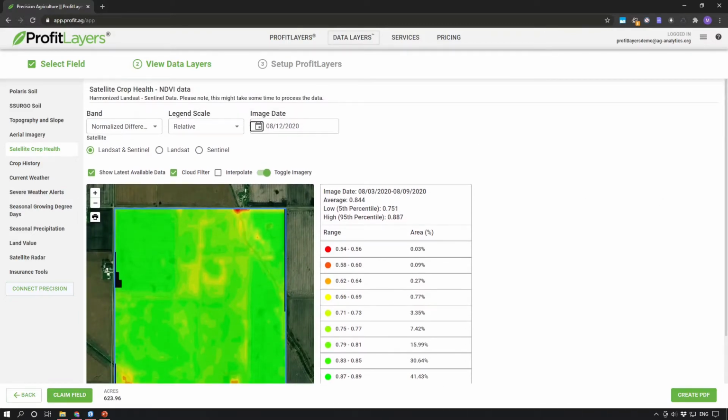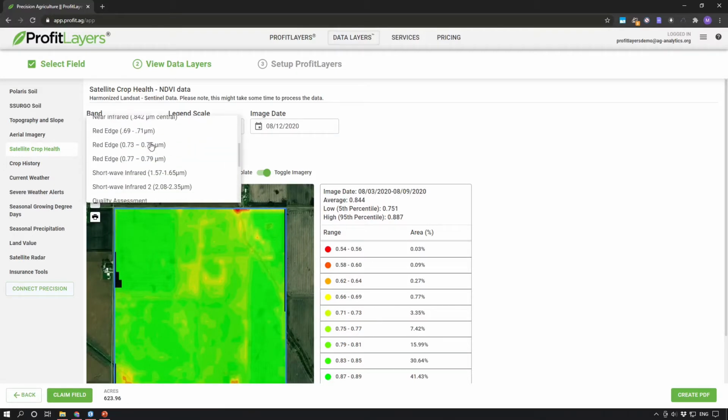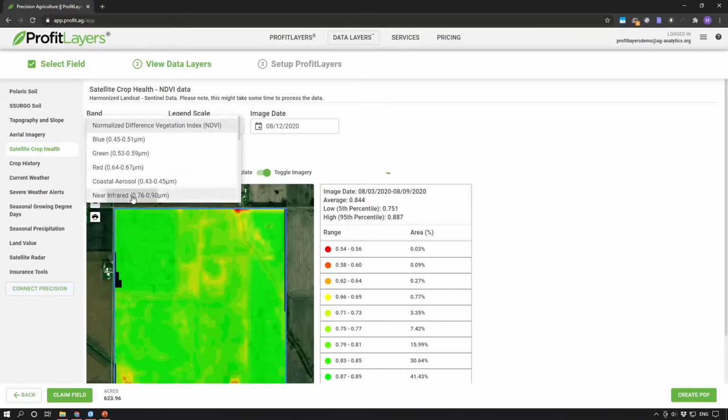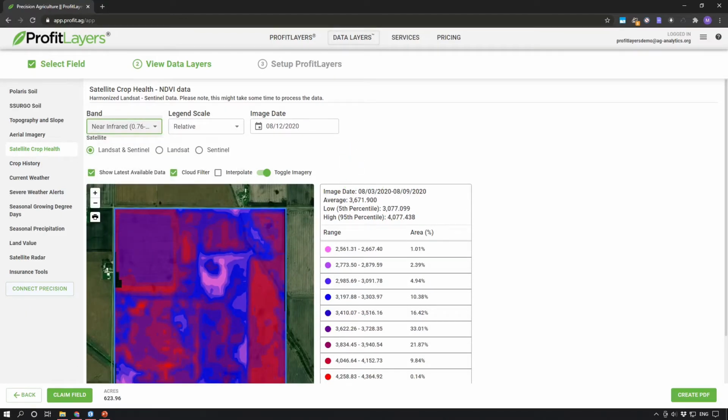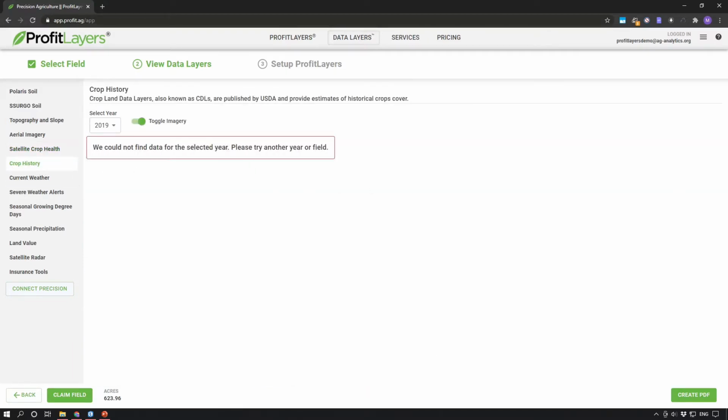In addition to NDVI, we also pull in many other bands and also indices that we calculate. So for instance, we can check out something like near-infrared data as well. So with that near-infrared data loaded in, let's head over to the Cropland data layer, which provides a historical estimate